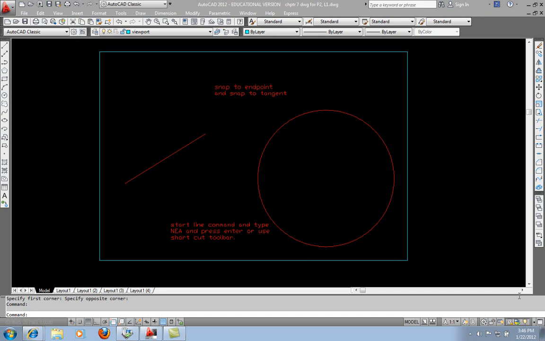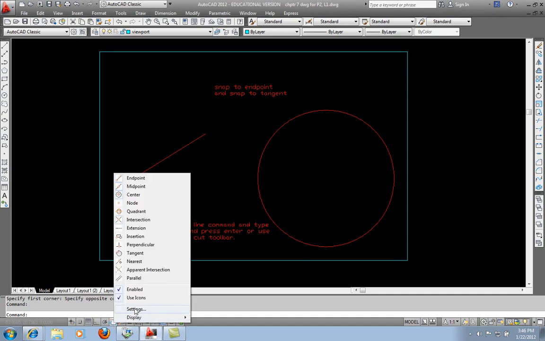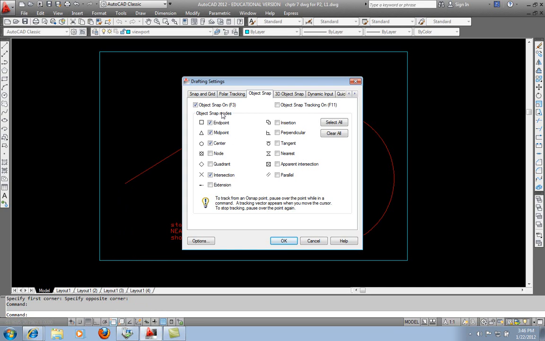This is chapter 7, and I'm going to talk about some of the snap settings and some different ways to use your snap. We've already been using object snap, and usually that's one of the few that you might have turned on in almost every drawing. But I'm going to right click on my object snap and choose settings, and probably you're going to use end, mid, center, and intersection most of the time. Today I'm going to add quadrant,